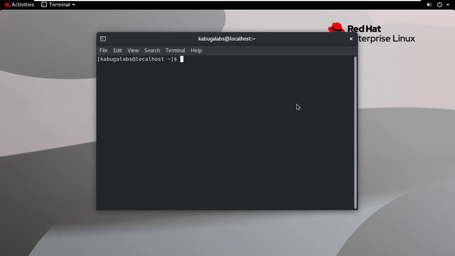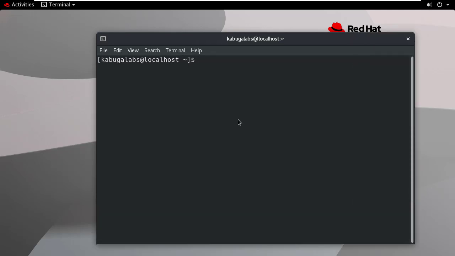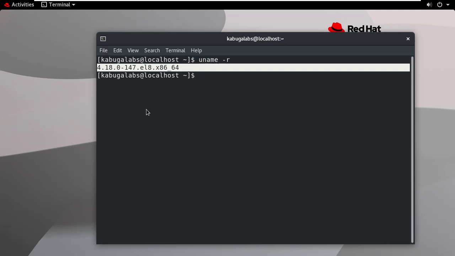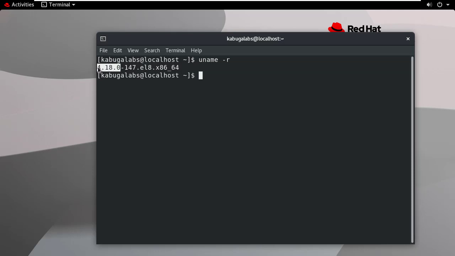Now, to determine the kernel that is currently running on the system, just type uname -r, r for kernel release. Observe the case and spacing, then hit enter, and we get this output. But what does it tell us? This number here, 4.18.0, represents the base kernel release or software version. Red Hat 8 is based on Linux kernel release 4 point something. 147 is the errata. It reflects minor enhancements, bug fixes, or security patches after the base kernel was released.